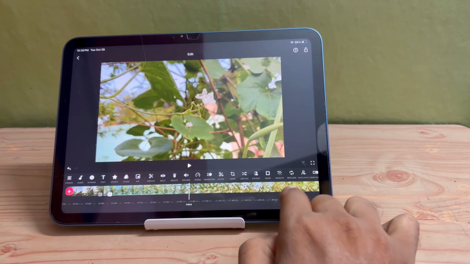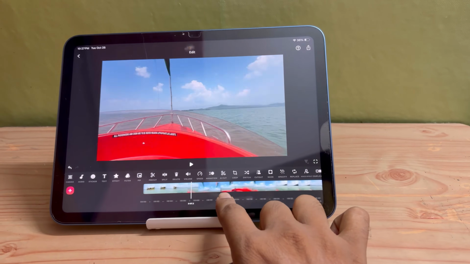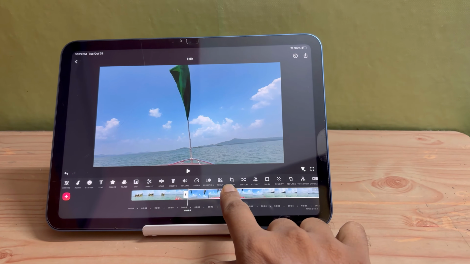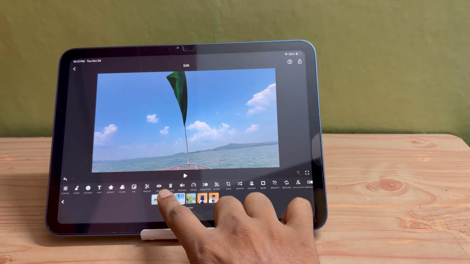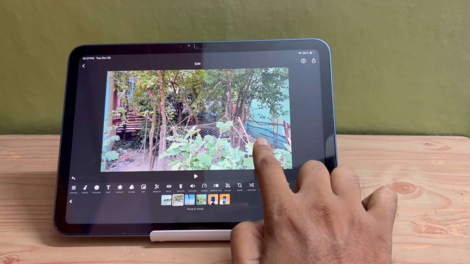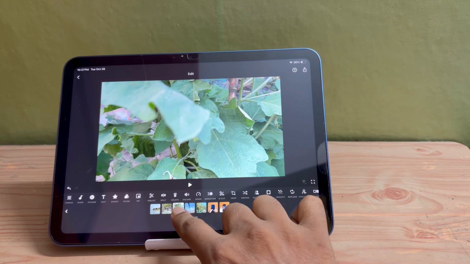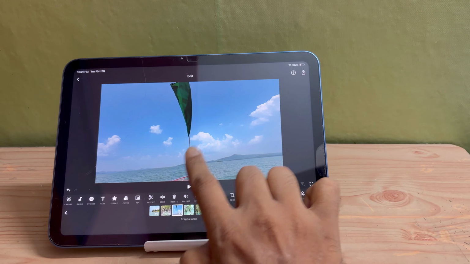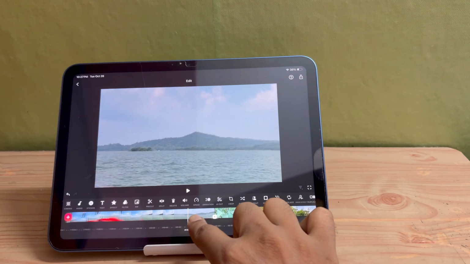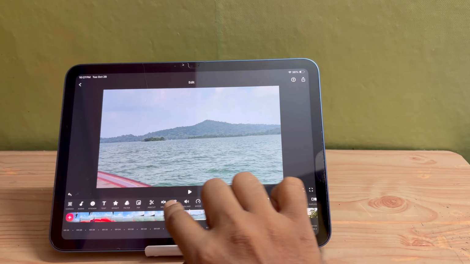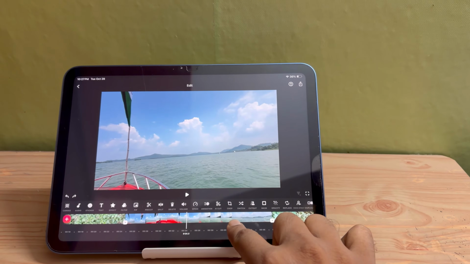iPad 11th generation comes with A16 Bionic chipset, which is very powerful. I will add some 4K 60 FPS footages in this editing app. These footages have been taken from iPhone 17's camera. I will add some transitions and also I will add some text, and then I will edit and also add